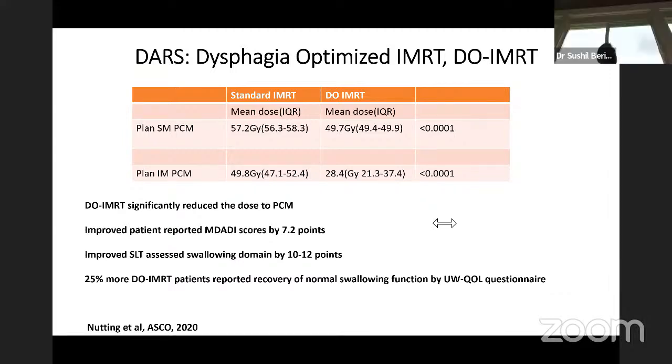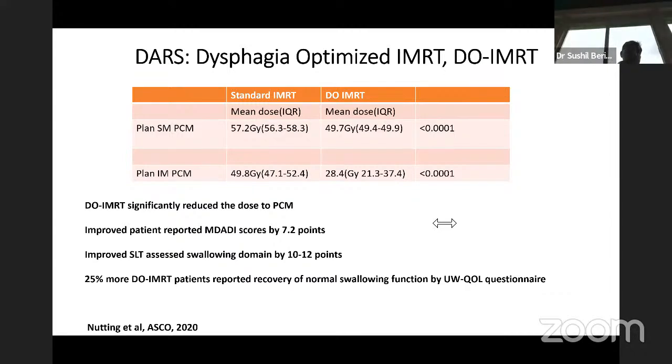So two things. I'm glad you brought up the question. When we do CTV to PTV expansion, if it comes close to the skin, we bring it 3 millimeter from the skin because of ease of planning, because those calculation algorithms at skin are uncertain. But that being said, if skin is at risk, then you may consider small bolus. But say, for example, if your nodal contouring comes close to the skin and you don't think skin is at risk, you should use a module called auto flash, which is there in the treatment planning system. By auto flash, what you mean is you create a flash in that area. So like 3D, but you do with IMRT or VMAT.